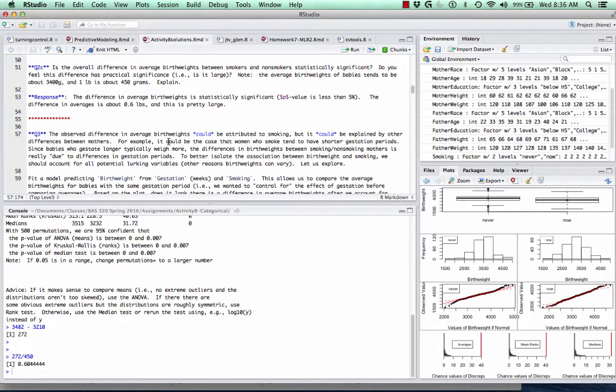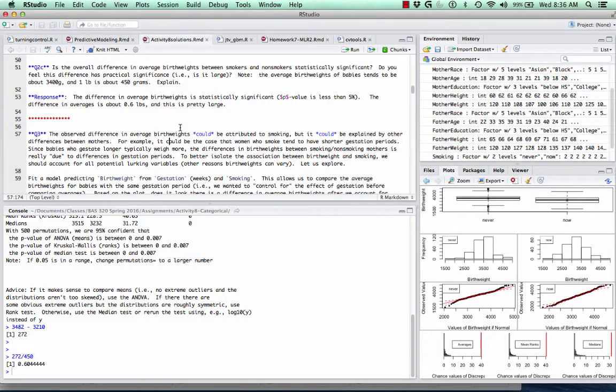So we know that, between mothers, there might be a lot of reasons why we could see variation in birth weights of newborn babies. It might not be due to smoking inherently, but it might be due to other factors. There might be differences in birth weights due to mothers' heights, mothers' weights, mothers' races, etc. So in order to get the purest comparison of the average birth weight between smoking and non-smoking mothers, we should account for other potential lurking variables,